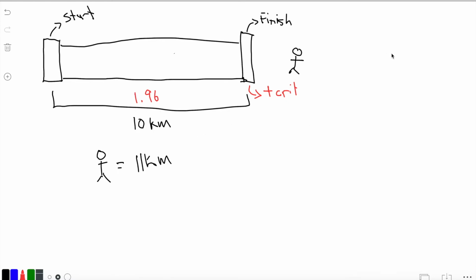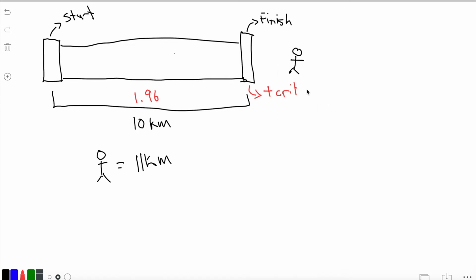Now, the t-crit is something we determine before we run an experiment. So we don't have any observations, we don't have any data yet. The runner has not started the race, but we first designate how far the finish line is,